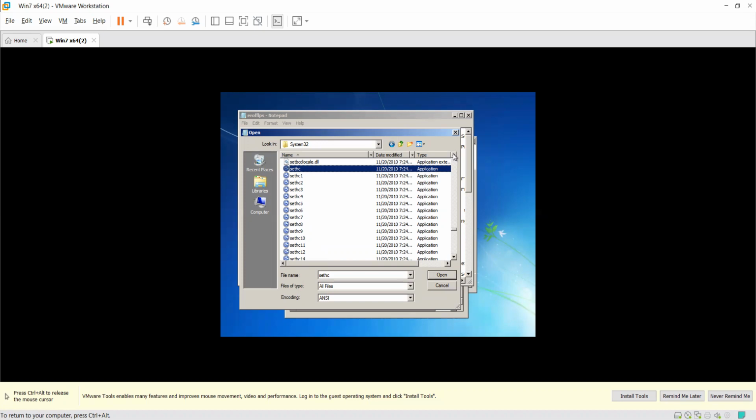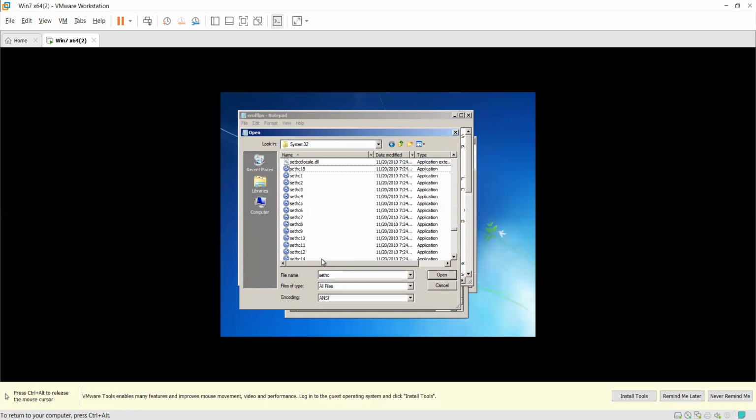What we need to do firstly is right click on that particular sethc file and rename it. Why do we need to rename? Because in the same folder, two files having the same name cannot exist. It's not possible to save two files with the same name. So I'm going to change the name of that sethc file to sethc18, because I already have 17 files. So I'm just using an incremented number, that is 18. After that, no original sethc file is available.